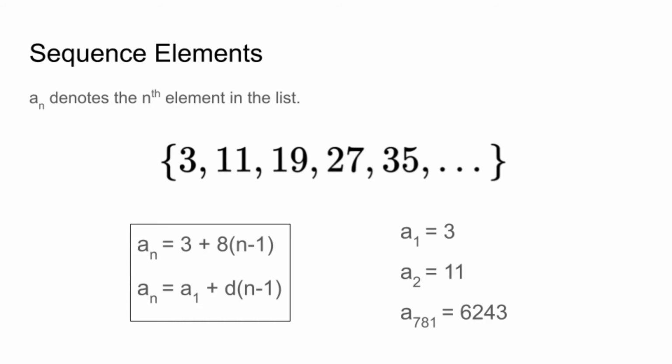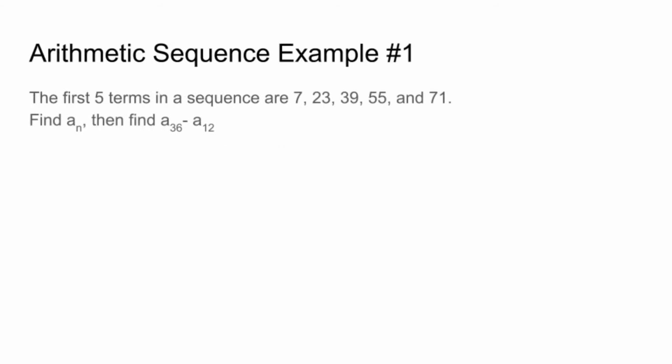So the 781st element is the starting element 3 plus 780 times the difference 8. Generally, to find any number element in an arithmetic sequence, you just need to know the starting element, the distance, and the number item you're looking for. Great. So now that we've gone over the concept of sequences, specifically arithmetic sequences, we can go right into 2